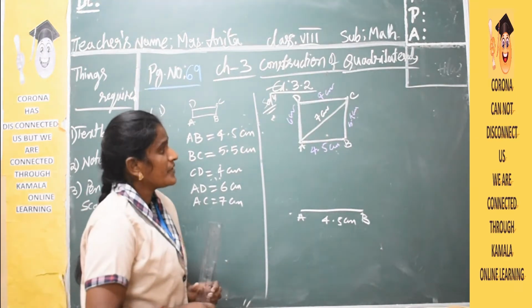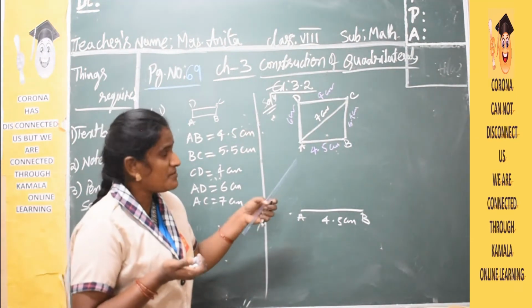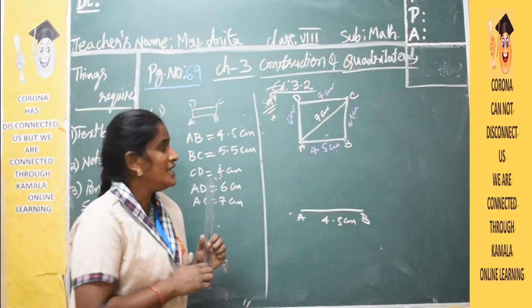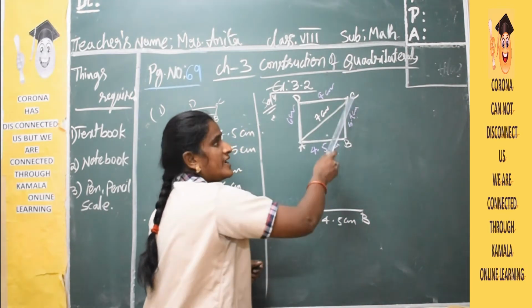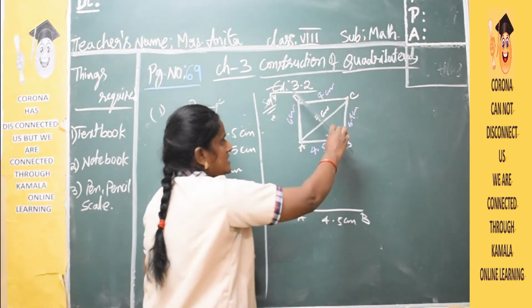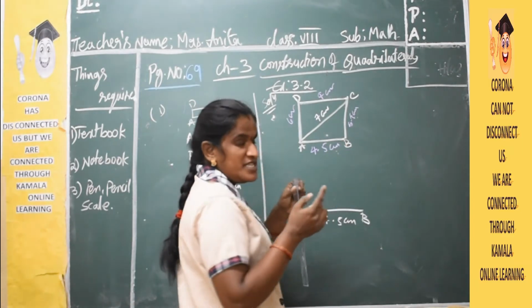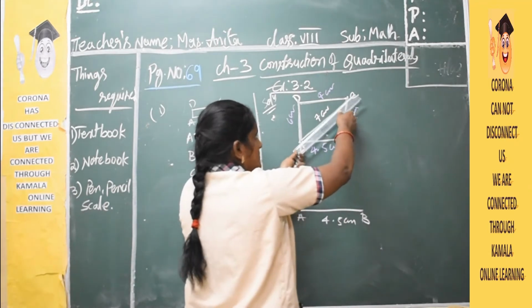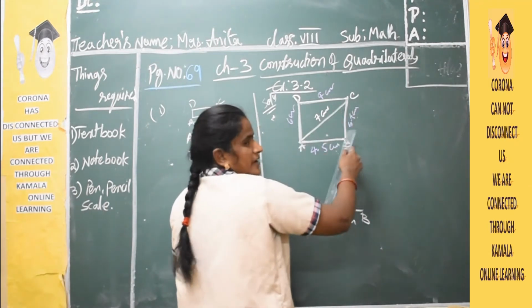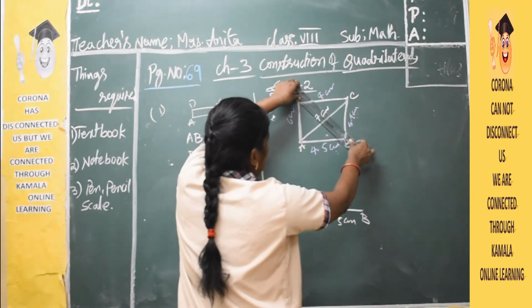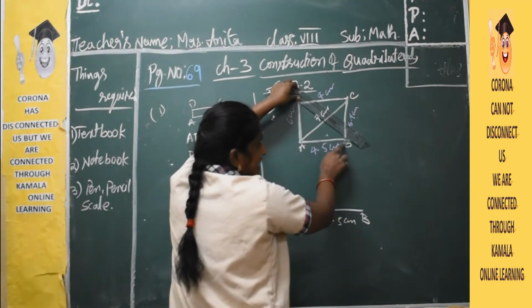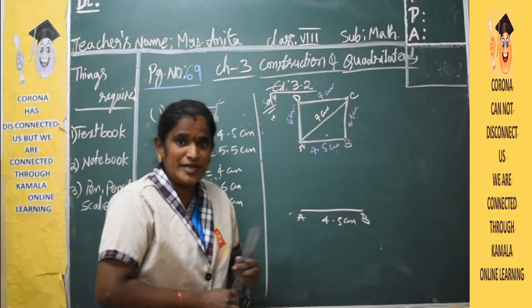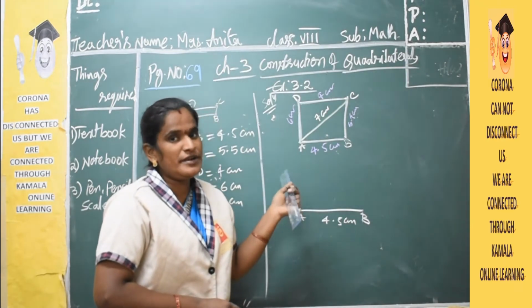Yes. Next, which measurement are we going to take? Whatever values are given, first you have to draw triangle ABC, children. If they give a base side, what is the difference between this diagonal and that diagonal? You have to observe. For example, with this diagonal, first you have to draw triangle ABC. If they give diagonal BD, AC is not given, BD diagonal is given, you have to draw triangle ABD. Depending on the diagonal, children.